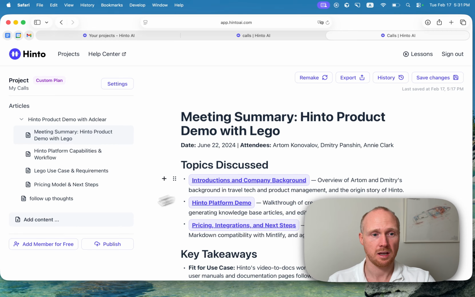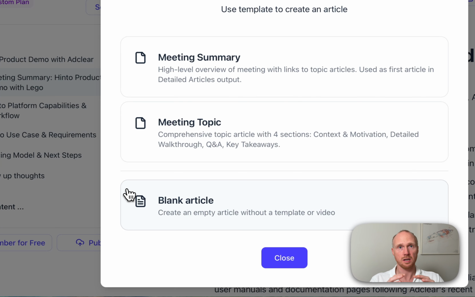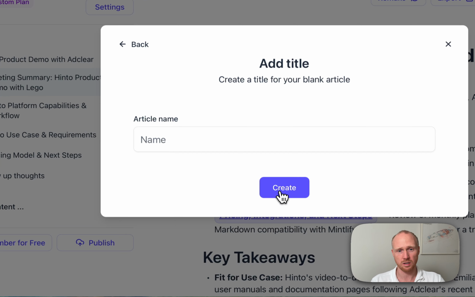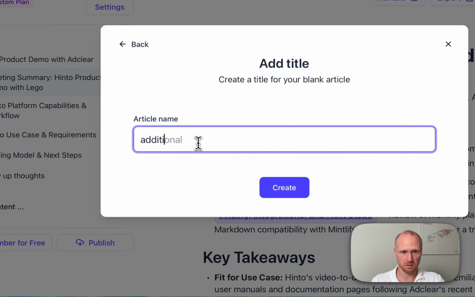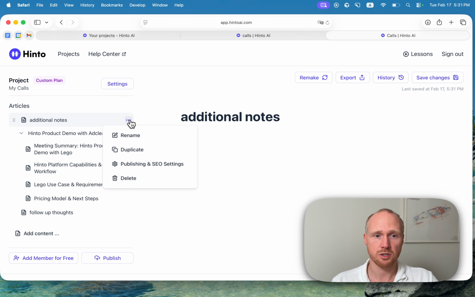But basically, yeah. And then finally, if you need to, and you have bits of content inside of this partner's or department's knowledge that wasn't recorded in a video, but someone sent to you over Slack or some other kind of messaging service or in an email, and you want to add that in, you can add a blank article here. You simply add the title, additional notes, for example. You click create, and then here you can basically copy paste any kind of content in, or you have the option to